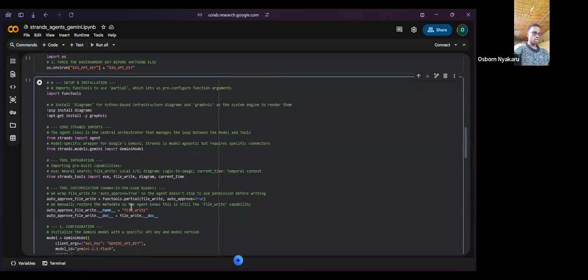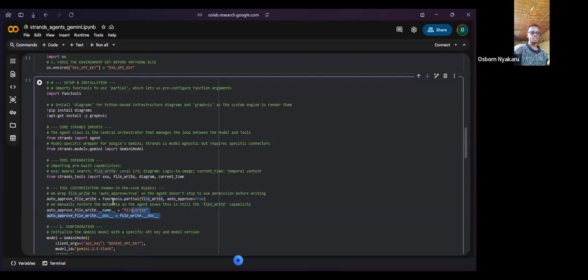Then I had to customize the tool because I'm using Google Colab. When it was providing output, it was asking, do you want me to write this file? Yes or no? I found it hard to actually say yes, so I had to set auto approve so that when it gets to the file write tool, it does it automatically without asking me.